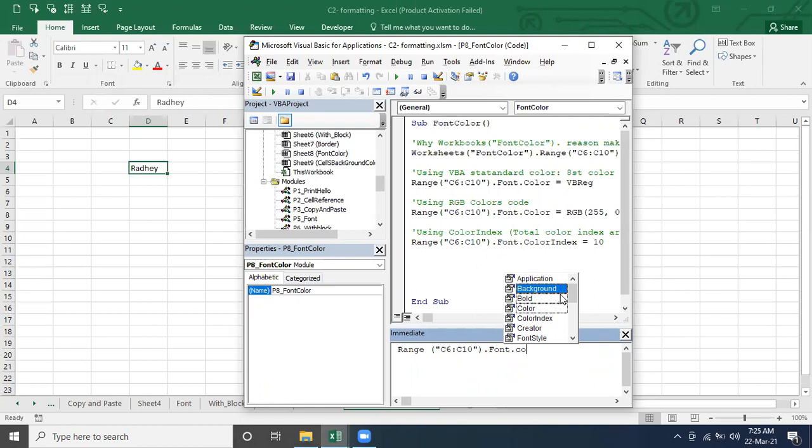Like that, people are going to think. Font dot color is related to the font color, and dot background is talking about the background. No, it's not talking about the font background color. It is something else.